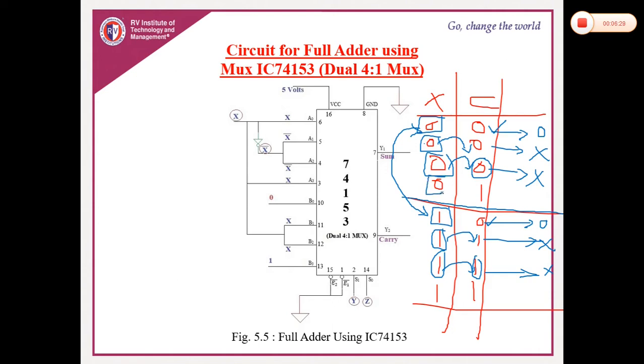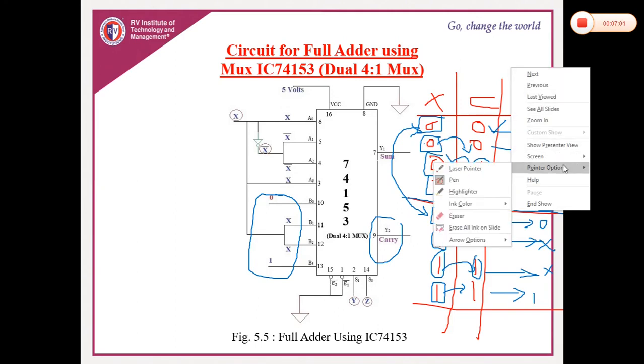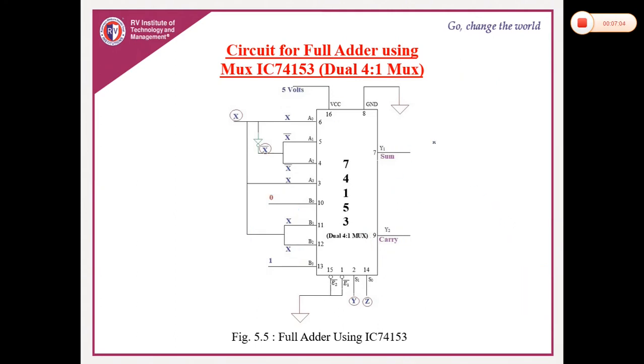Last combination: whenever X is 0 you are getting 1, and whenever X is 1 you are getting 1, means irrespective of the input you are always getting 1 as the output. Is it okay? So 0, X, X, 1 is the realized part, so only one you have to take. I'll implement that at the bottom side, connect it to the proper inputs, and whatever you get is the carry output. This is an important logic you are supposed to remember in order to realize this circuit. This is very, very important.